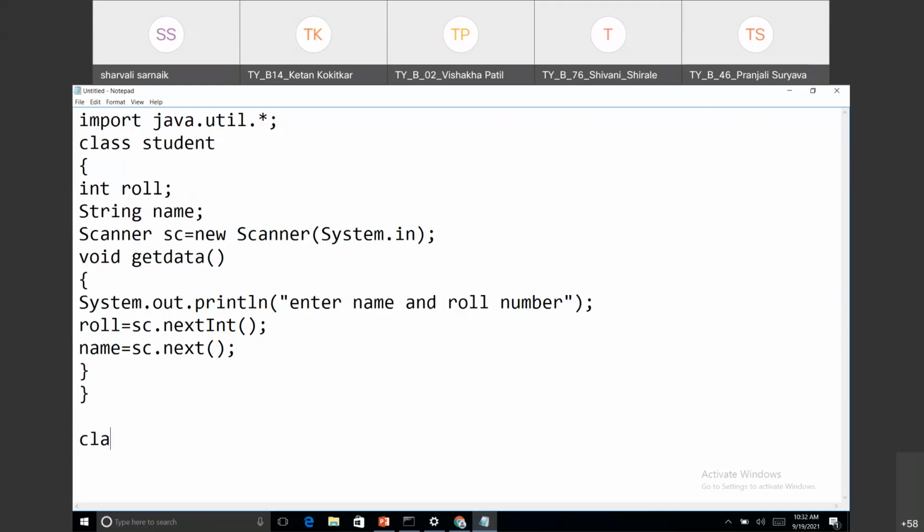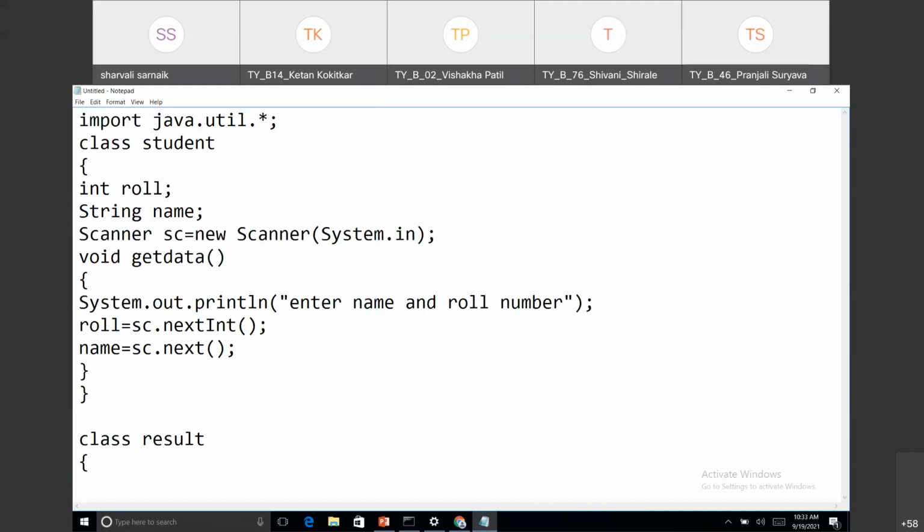Now another class I am taking called result. Now in that result class, I want the name and the roll number of that student. So instead of again writing int roll number, String name, what I will do, I will extend the features of the student class into the result class.